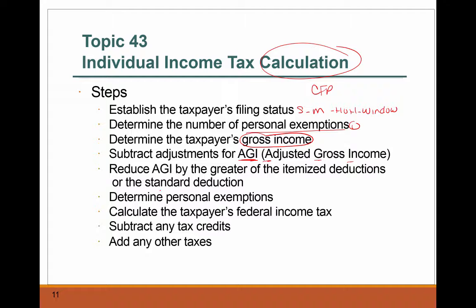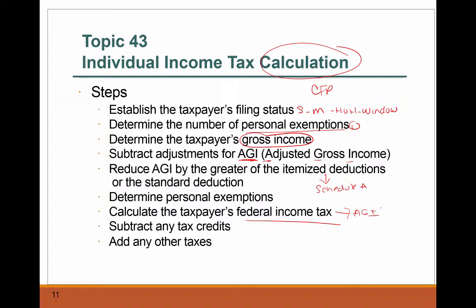So if the standard deduction is greater, you will use that. If itemized deductions are on Schedule A, if those are greater, you will obviously use those. You determine your personal exemptions. And then you calculate the federal income tax, and that's usually based on the adjusted gross income. If you have any tax credits, you subtract them. If you have to pay other taxes, you add them. So these are all the steps, and computers and tax software make this quite easy, but you still need to know,